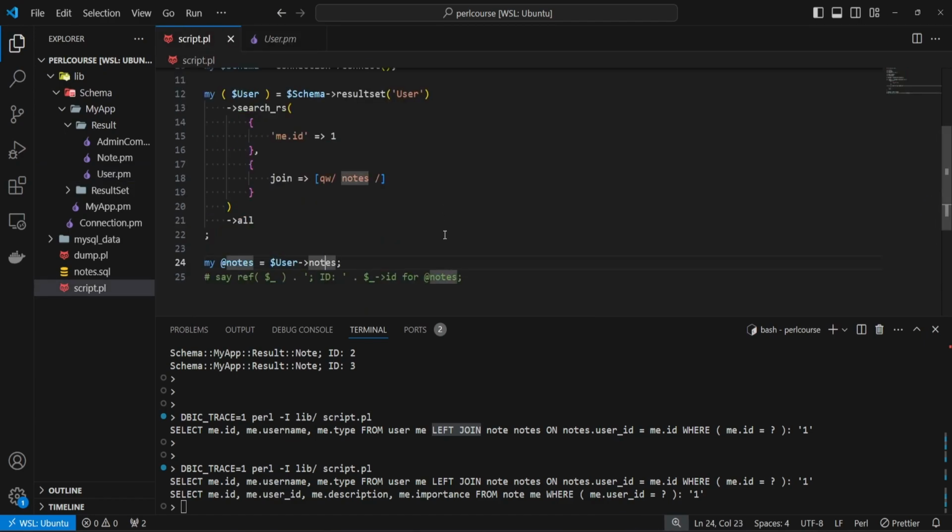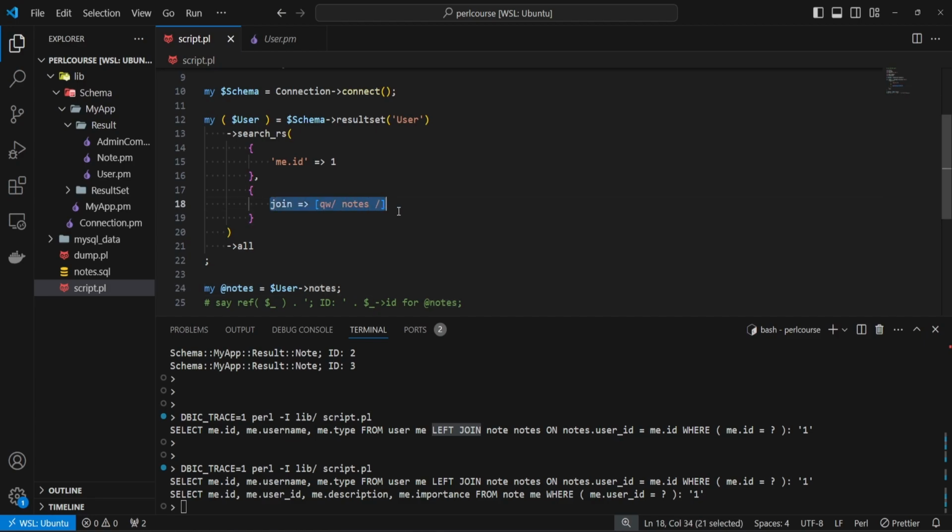Now, one more final thing is that we are doing a single join here. But what if we actually wanted to fetch more nested relationships? We know that we have user, we know that we have notes, and we know that on the notes we can actually have an admin comment. Now, to extend your joins, instead of providing a list of items you want to join directly on the primary table, you can give href user notes relationship,